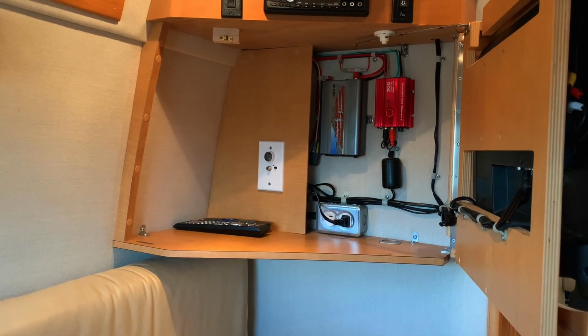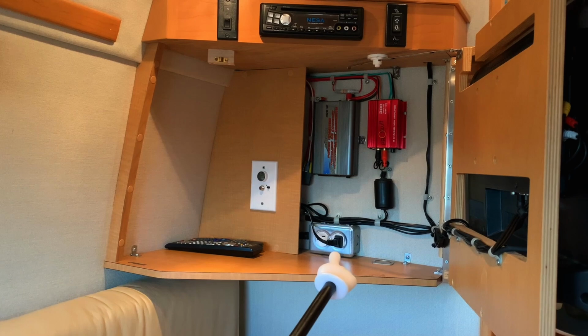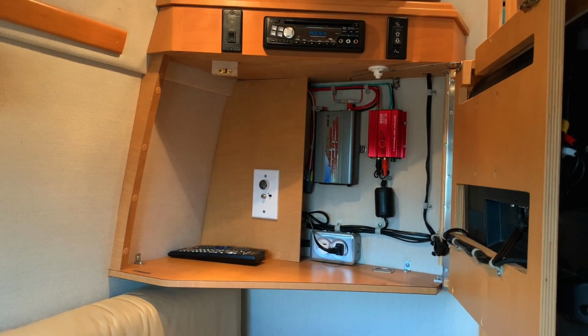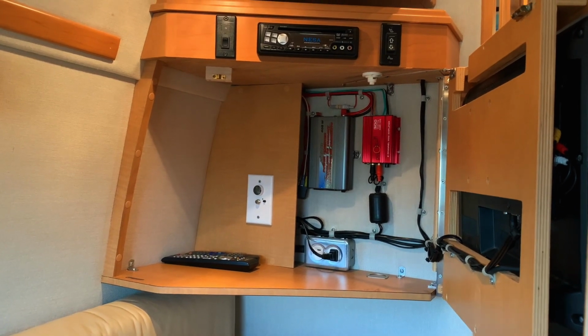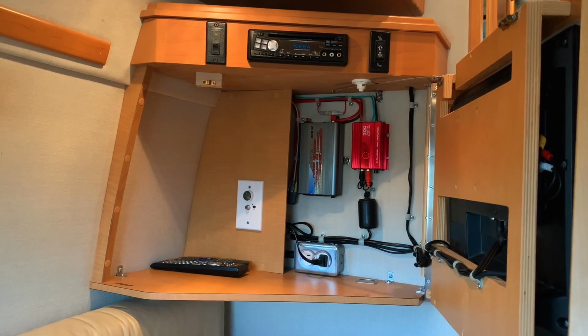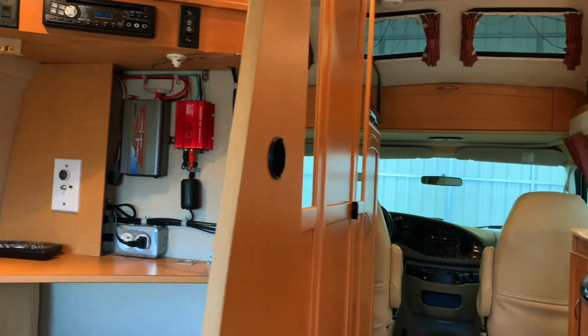Behind the TV, we have an inverter as well as a 12-volt plug and also 110. So what this inverter does is allows you to watch this TV off of the coach battery. That's convenient in case you'd like to have somebody sitting in the rear here. There are 2 belts in the rear, so you could have kids or somebody sitting back here safely and watching TV while you're driving. As you can see, this is on a swivel mount, so it can swivel out to